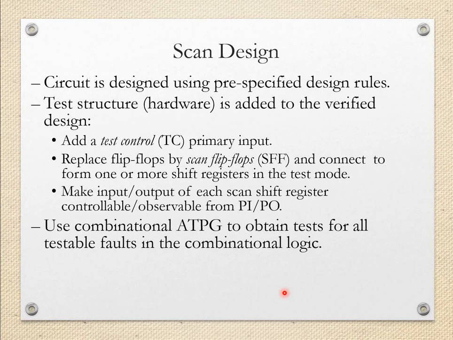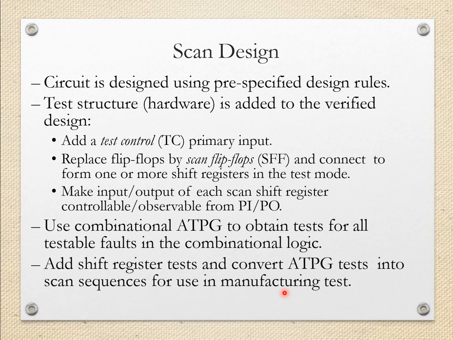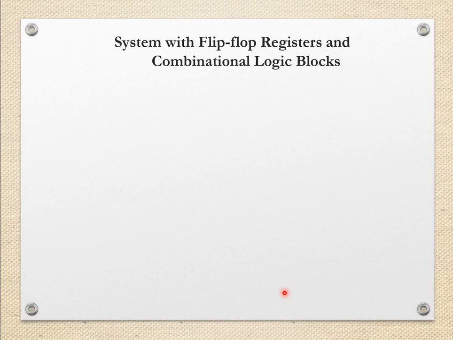Use combinational ATPG, that is automatic test pattern generator, to obtain the test for all testable faults in the combinational logic. Add shift register test and convert ATPG test into the scan sequences for use in manufacturing test. So as per the rules which we have just seen,